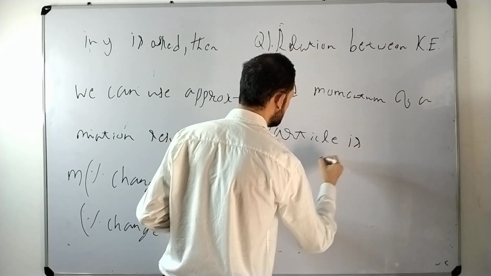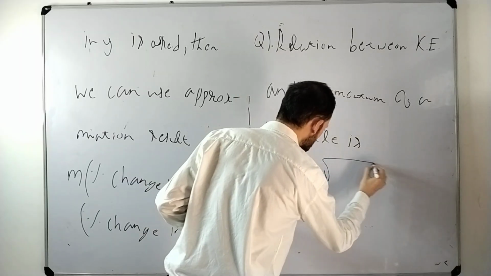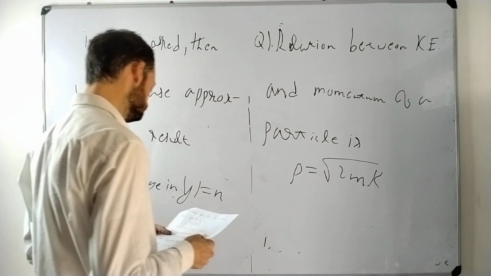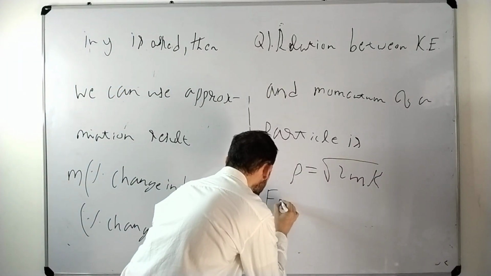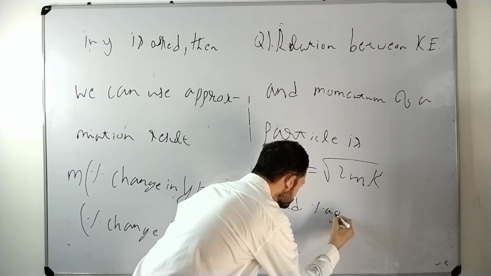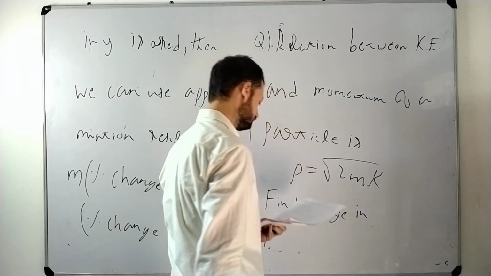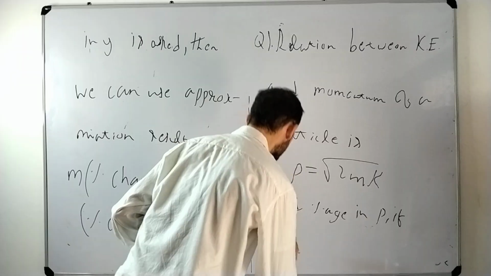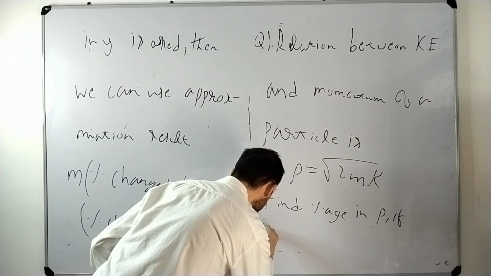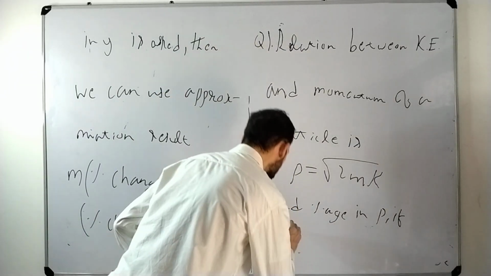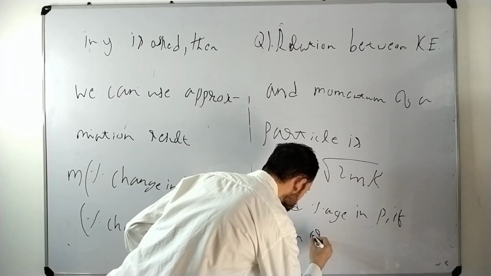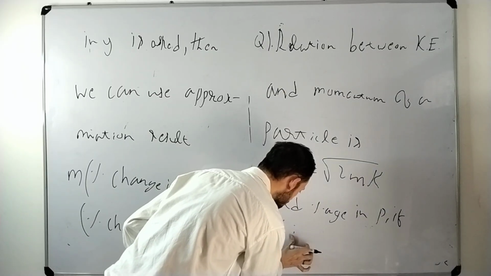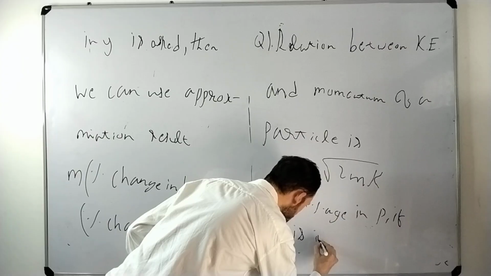Is P equals under root 2 mK. Find percentage change in P if, first part, K is increased by 1%,